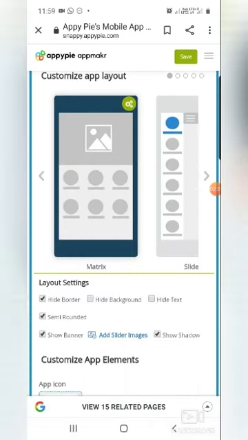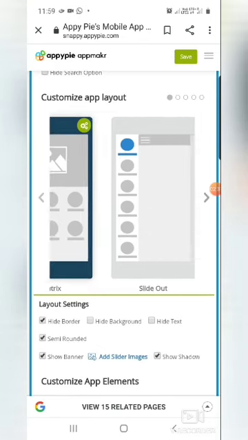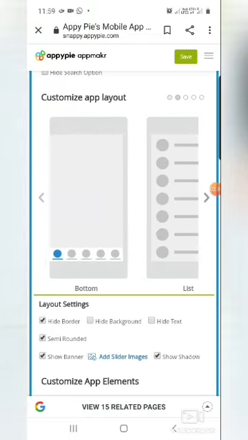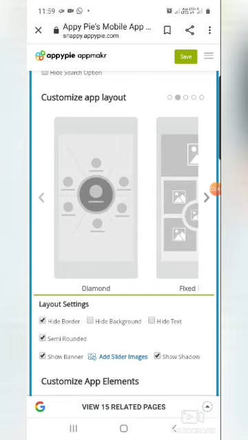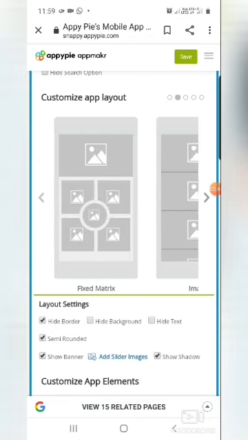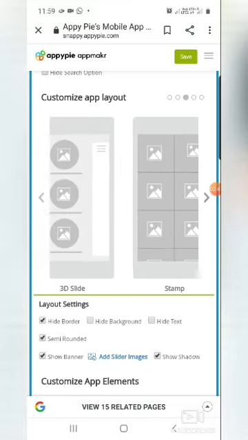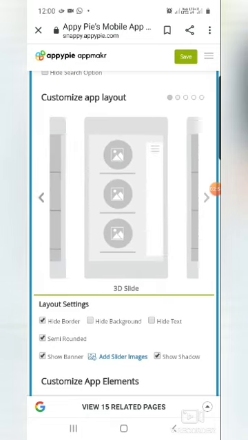From here you can select the customize app layout. This app layout can be slide out, bottom, list, diamond, fixed matrix, images, 3D slide, and there are so many layouts.